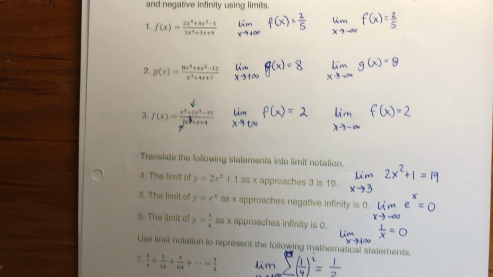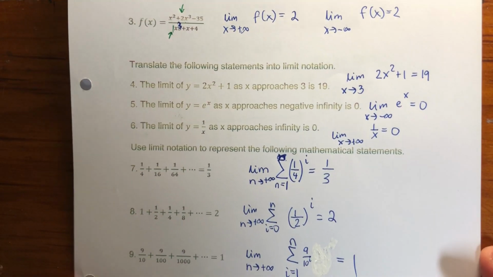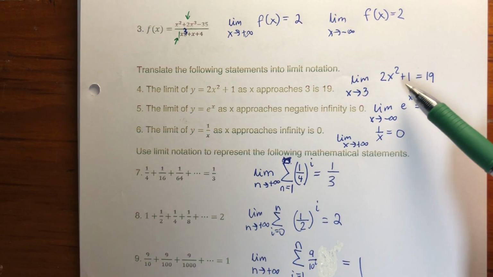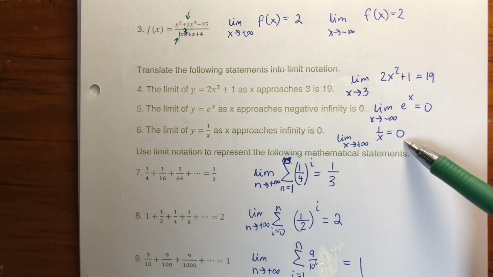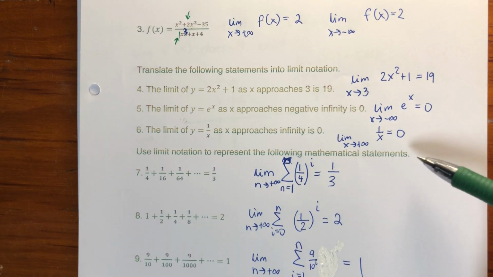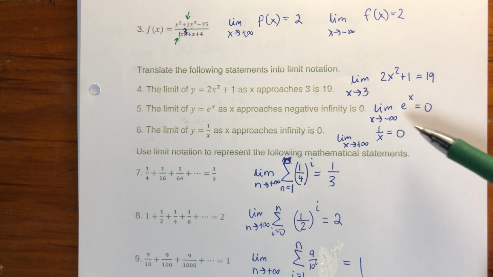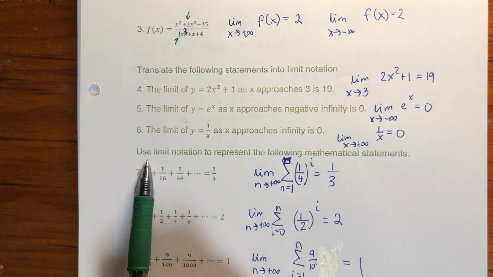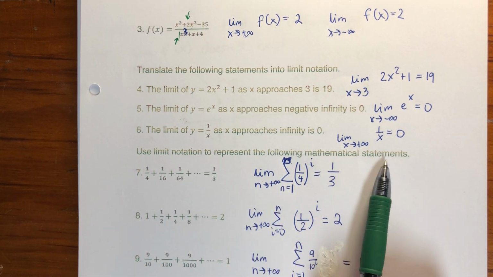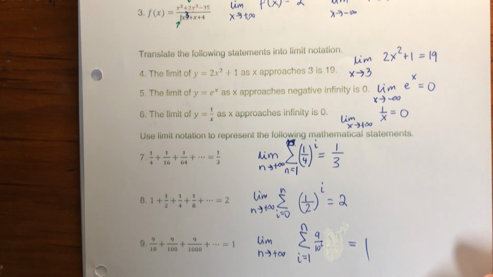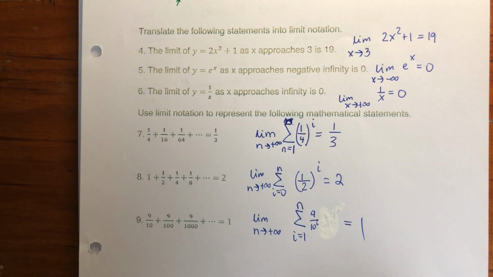The next part of the homework was to just translate the following statements into the limit notation. You can take a look, and also while you are writing this down, see if it makes sense. See if the limit of e to the power of x as x approaches -infinity is really equal to 0. What does this mean? And then we use the limit notation to represent the following mathematical statement, and we came up with those 3 formulas. Again, take a look, check your answers. I will write the comments for you on your